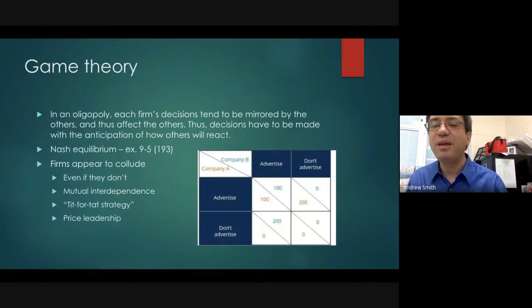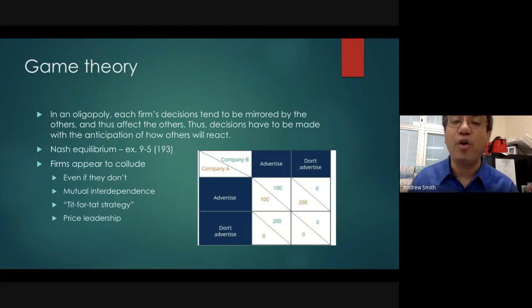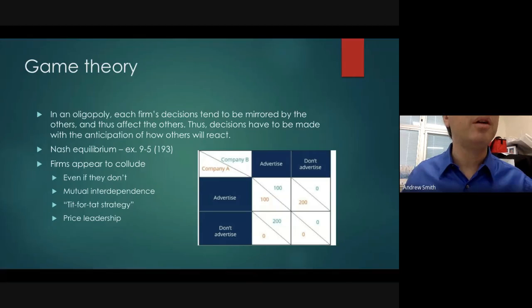But you have to make your decisions based on what you think other people are going to do and how they're going to react. And so what you do then is you look for what's called the Nash Equilibrium. And in the Nash Equilibrium, that is what is best for all sides. Okay, and if you look, page 193 has a good example of this,